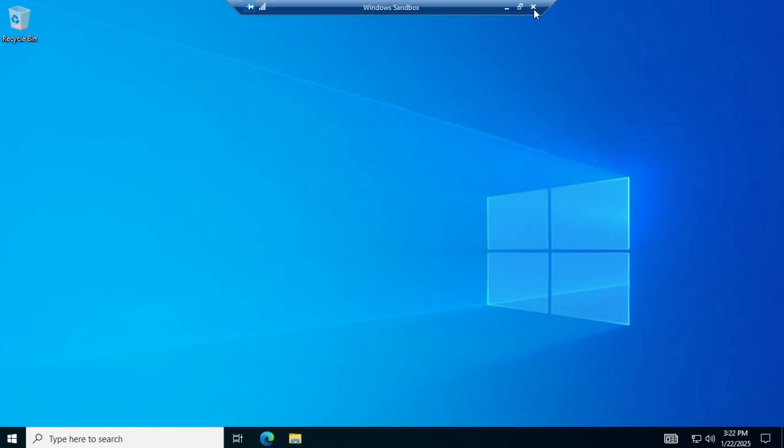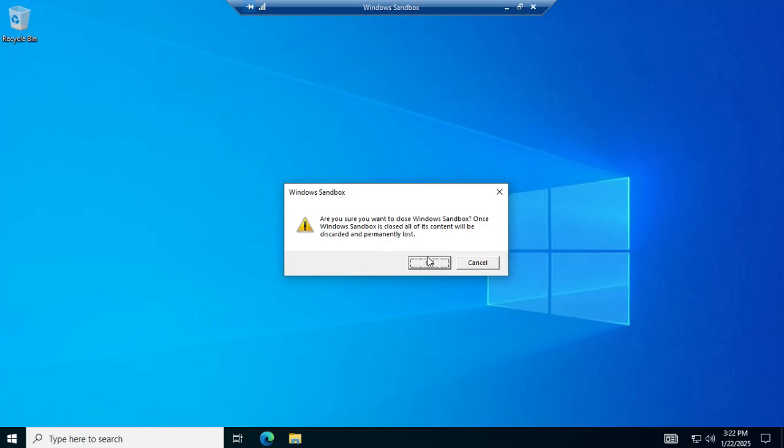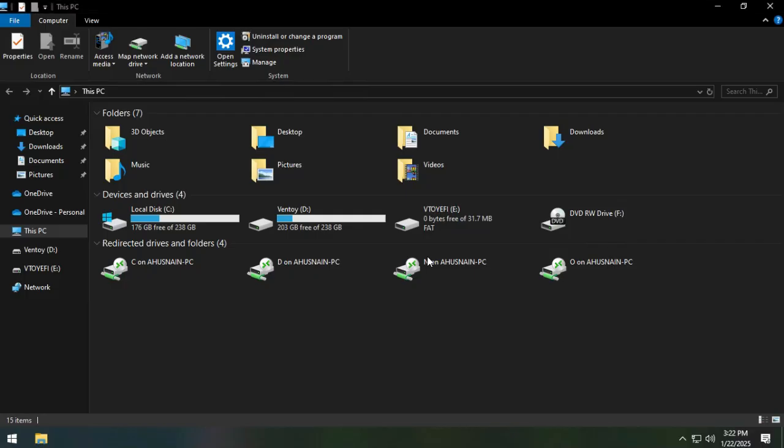Please keep in mind, once you close Windows Sandbox, all user data inside it will disappear, as it is just